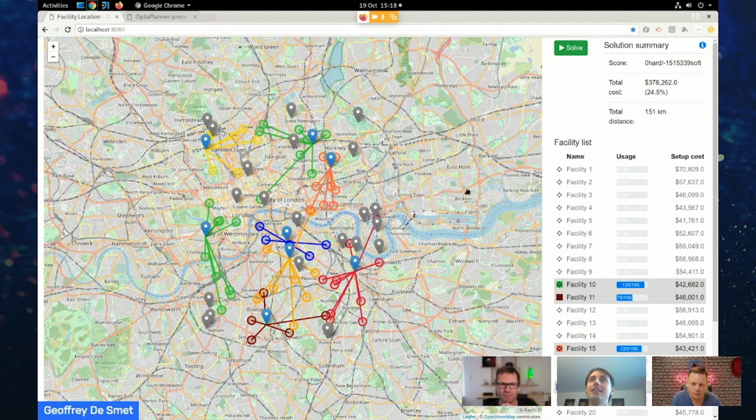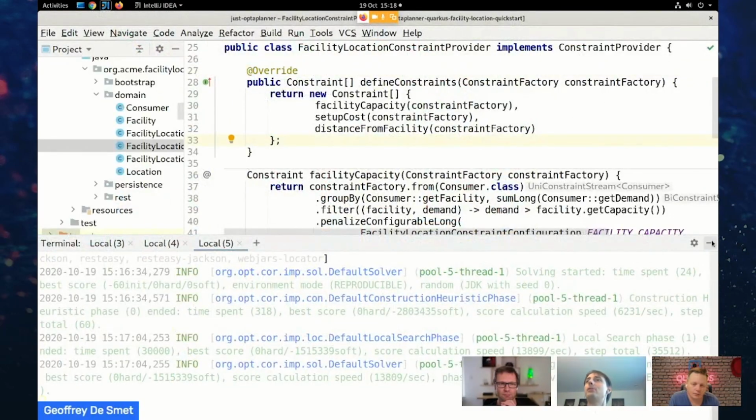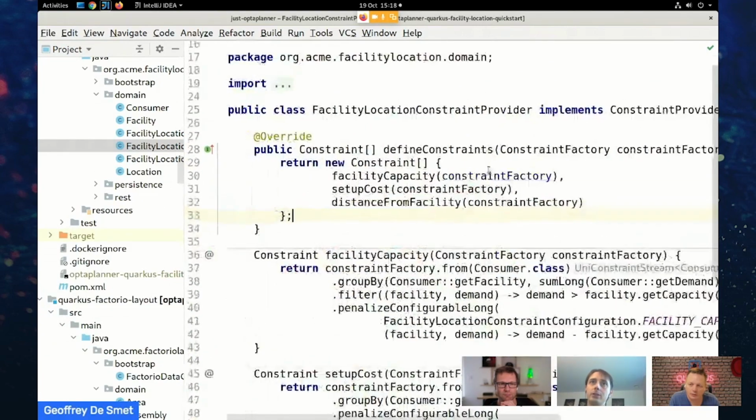So in the end, Optaplanner takes a look in this case at 2 constraints. So let me show you those. If I jump to the code here, there's 2 constraints in here. Actually 3 constraints. It's a facility capacity constraint, it's a setup cost, and the distance from facility, right? So the first one, the facility